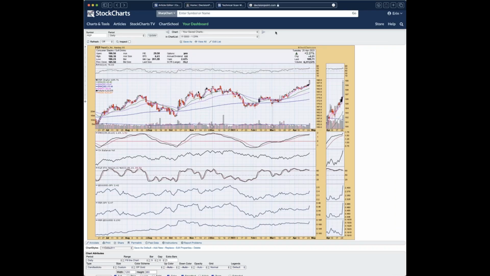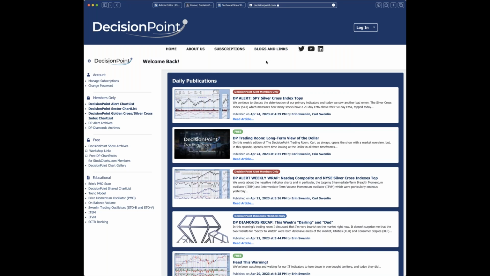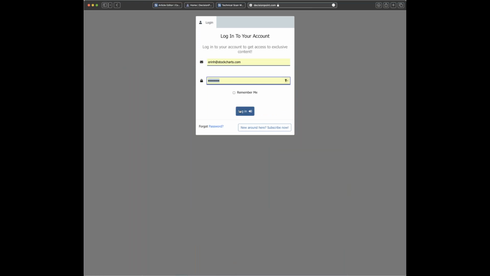So yes, if you go and subscribe to our website and go to this blogs and links page, here are the chart lists. And the one you're going to want to look at is this one that says sector chart list. We're in the process of renaming them. This is going to be the under the hood chart list. We're getting ready to put in what we call an ETF tracker chart list. It's got about 115 or so ETFs that cover a wide range of the market. And they won't have under the hood indicators, unfortunately, because StockCharts hasn't ground those out for us. But the sector chart list is where you're going to find these charts,